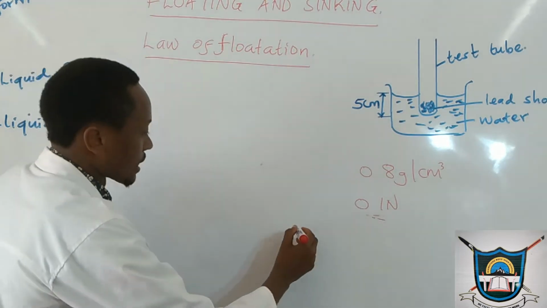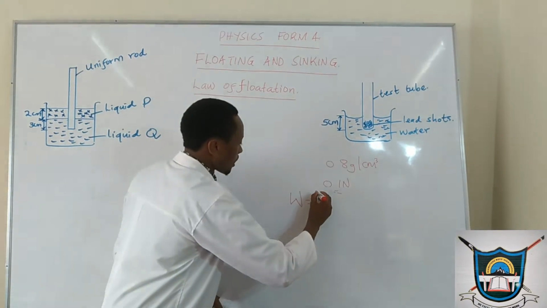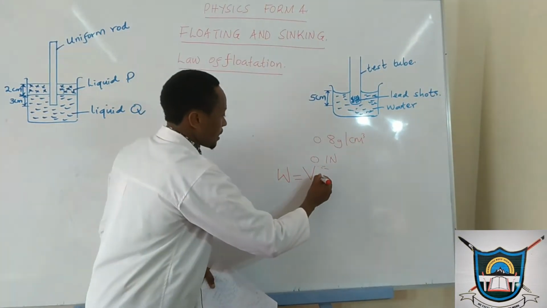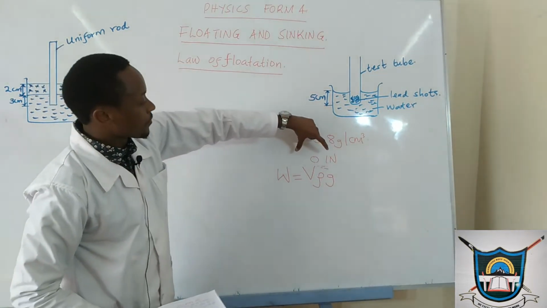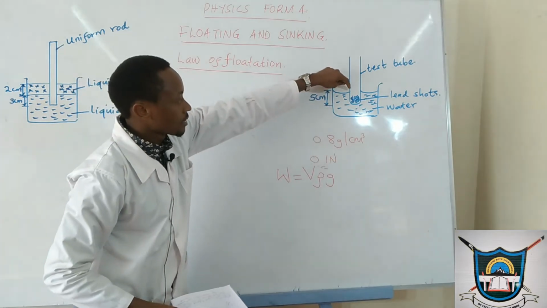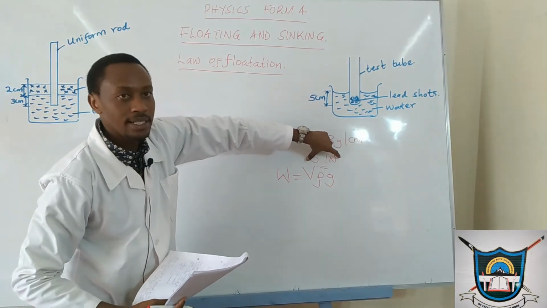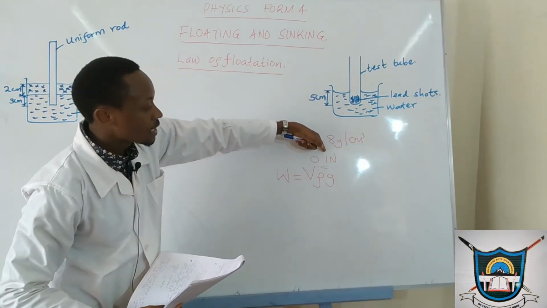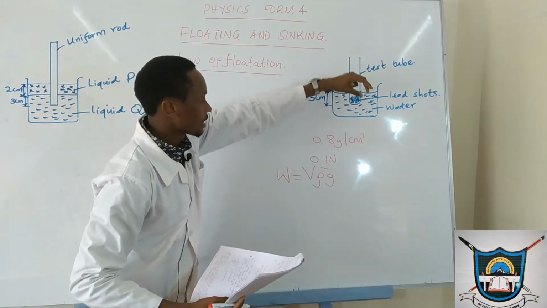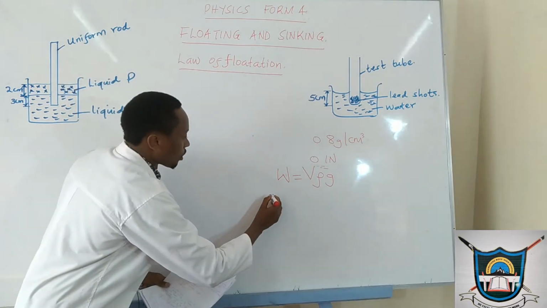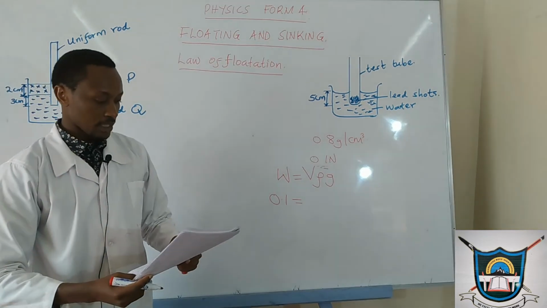Weight is given by volume times density times g. Even if we make it float in another liquid, it will still displace the same weight of liquid. So our weight, 0.1, will be equal to the volume displaced